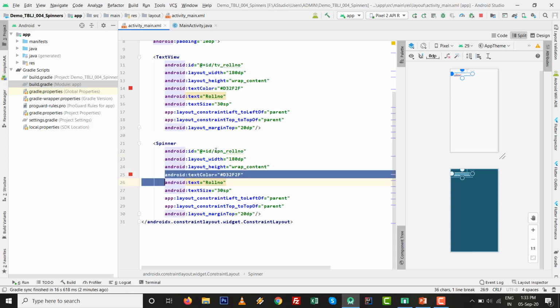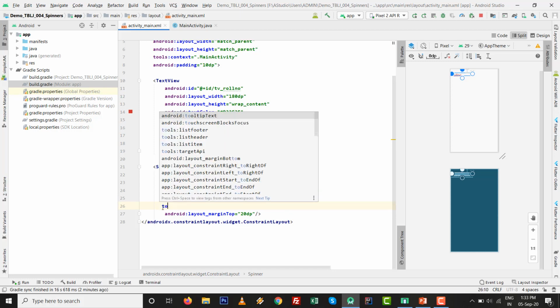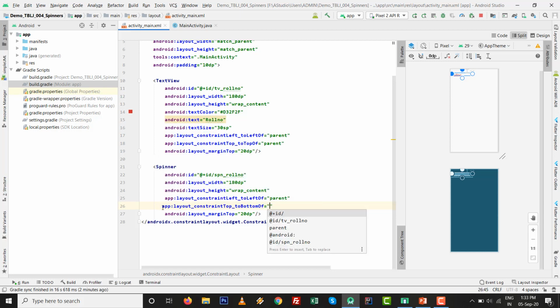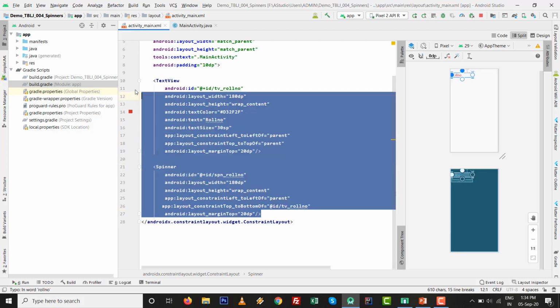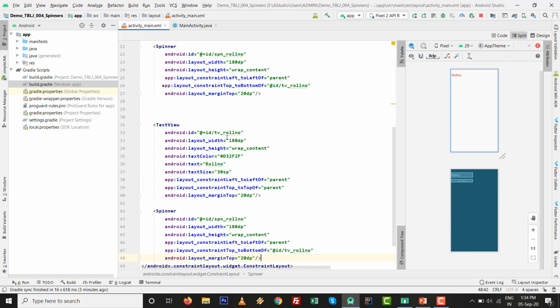I don't want text color and text size and all those things because we are going to perform with the custom layout. So not top to top of, we have to write top to bottom of, then we write TV roll number. So one spinner you can see on the right side, on the left side, and I just copy this one and paste it for both the things.